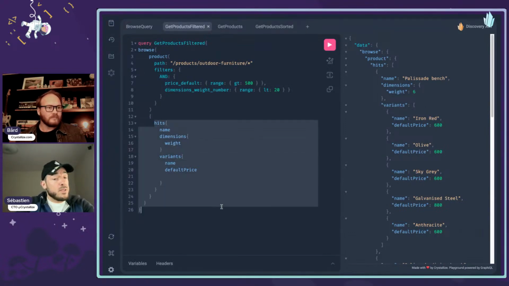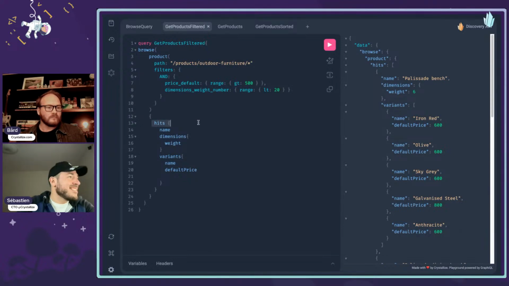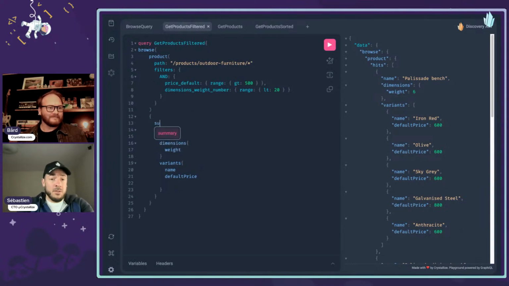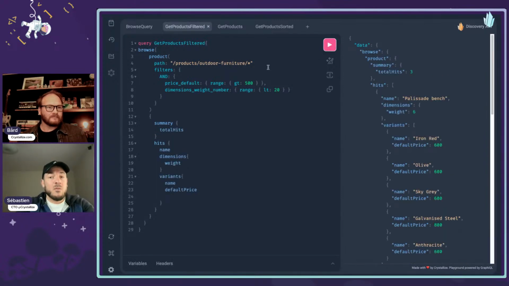You get the result, but one can ask, why do we have this level, hits, here? It's an extra level that you don't want. Yes, you do want it, because you want some kind of info, maybe like total hits. We're going to come back to that